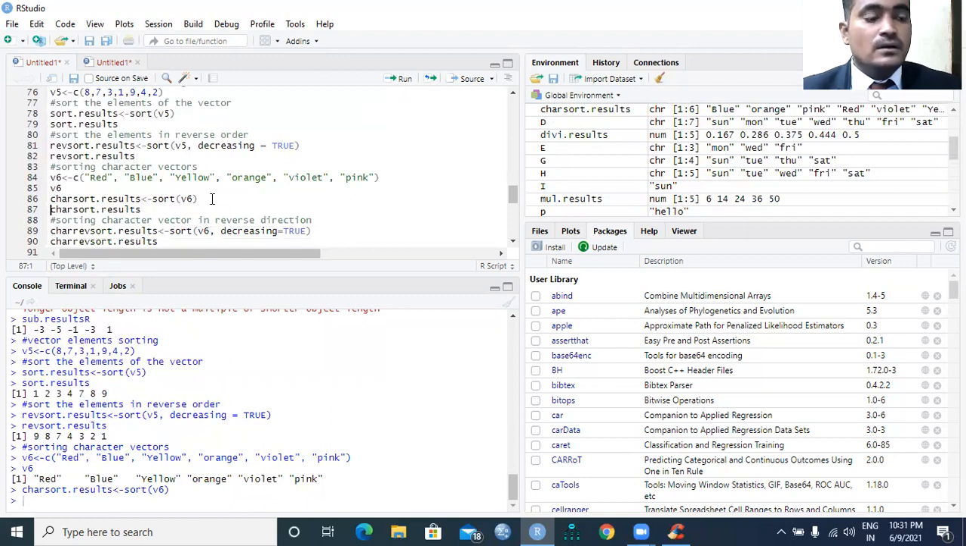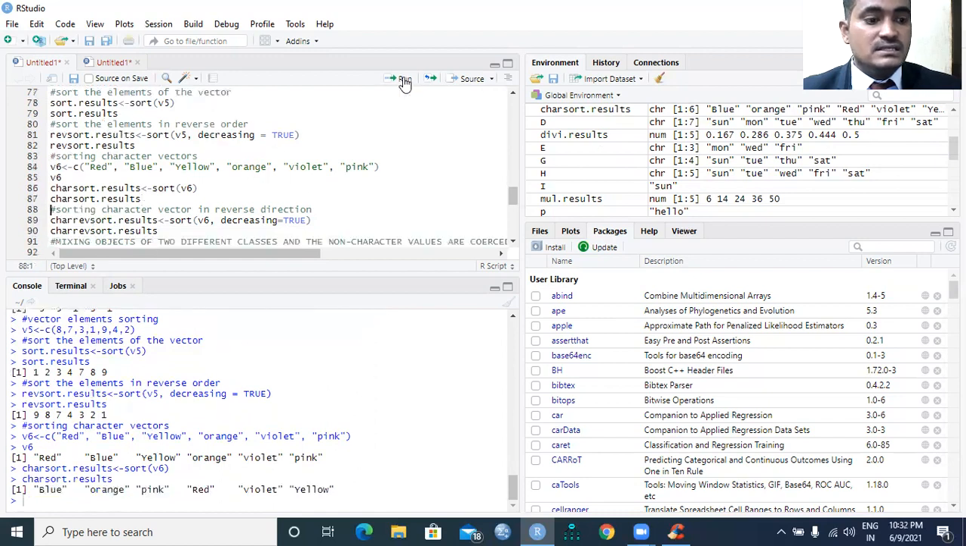I create a variable character sort dot results, sorting the V6 variable, and I want to see the output of this variable. So it has been sorted: B, O, P, R, V, Y. So blue, orange, pink, red, violet, and yellow. So even you can sort the character